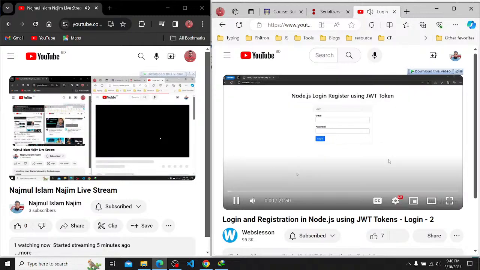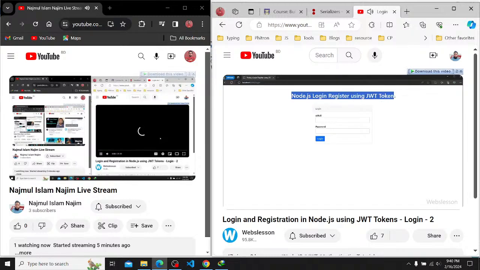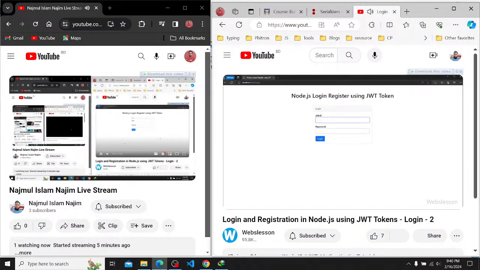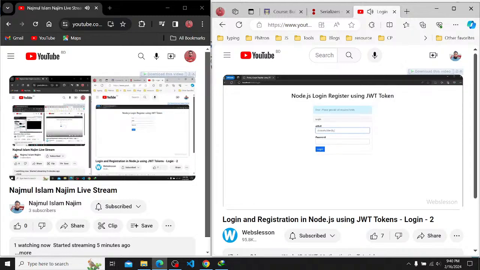Hello friends, in this part, we will learn how to make a login system in Node by using JSON Web Token. So here, we will use JSON Web Token for authenticating user authorization. In the previous part,